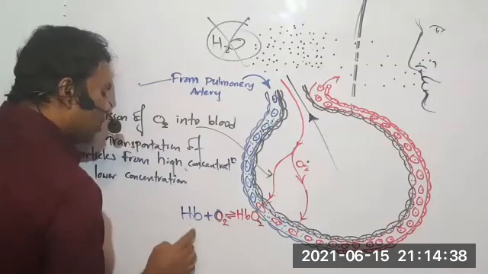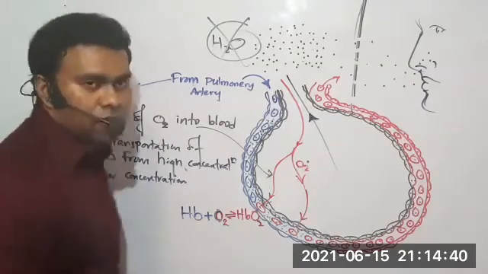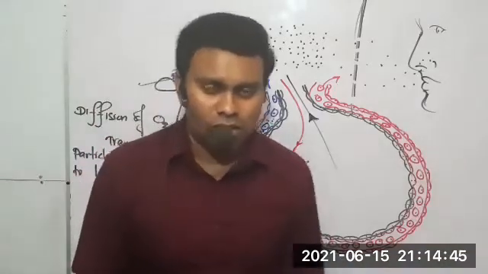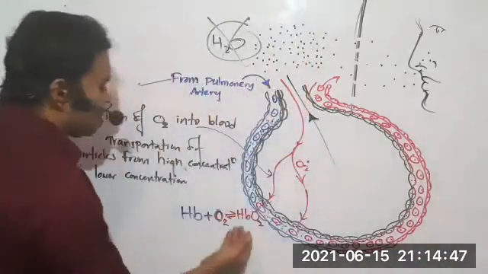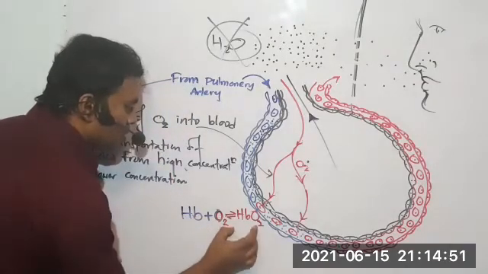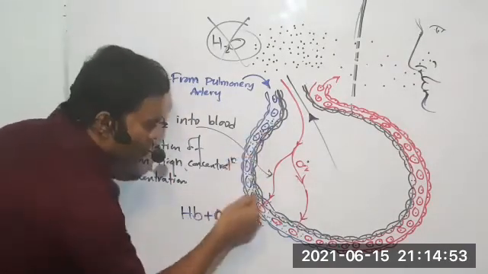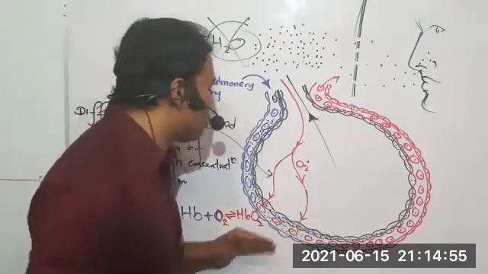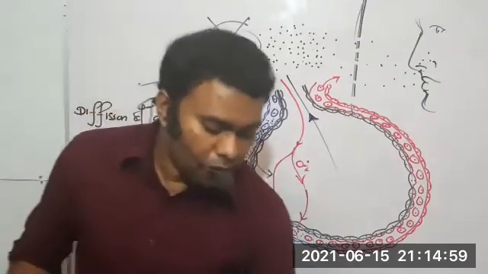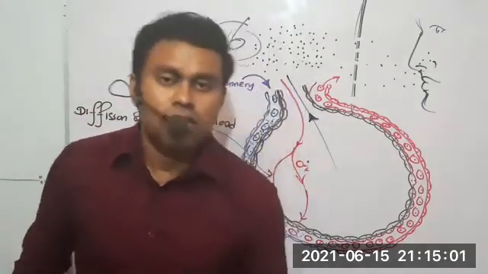Hemoglobin means iron containing protein. That iron is the part responsible for binding the oxygen molecule. That's temporary, a reversible reaction: hemoglobin plus oxygen gives oxyhemoglobin. But carbon dioxide is transported dissolved in blood plasma as